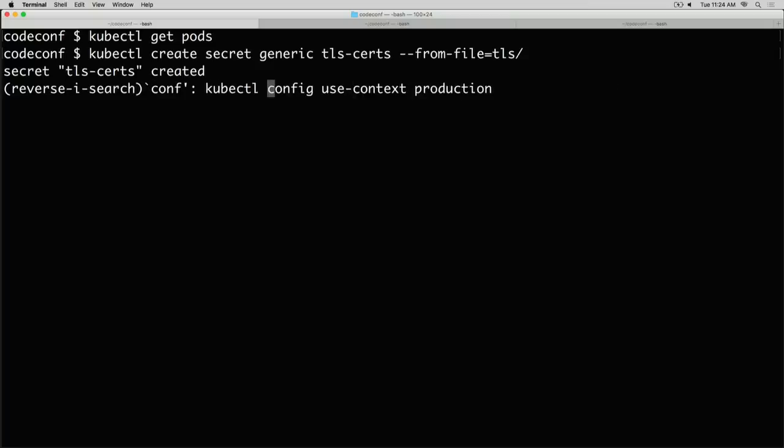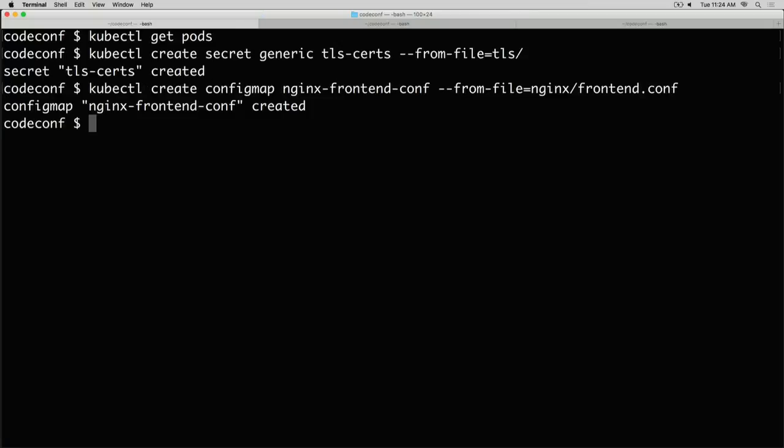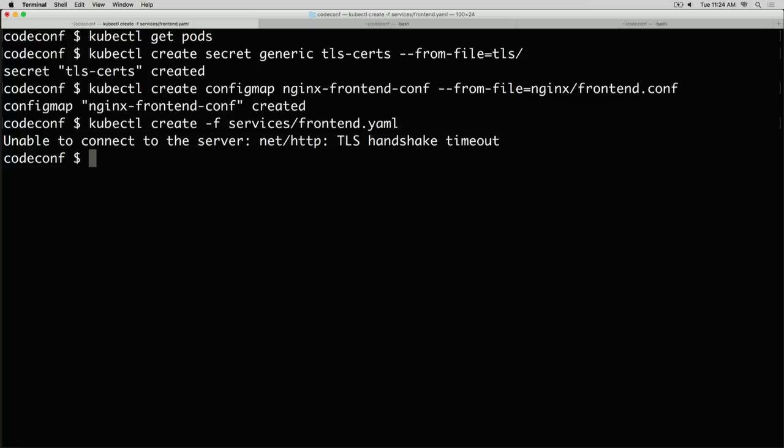And I'm doing all of this in the context of this particular cluster. So this is my production cluster. And then we'll create all the services. We have a front-end service. And all these things should be checked in your repository. And normally CI could actually run through this process for you. So you can almost treat these configs like code in a way. Anyone wants to do a change to them?